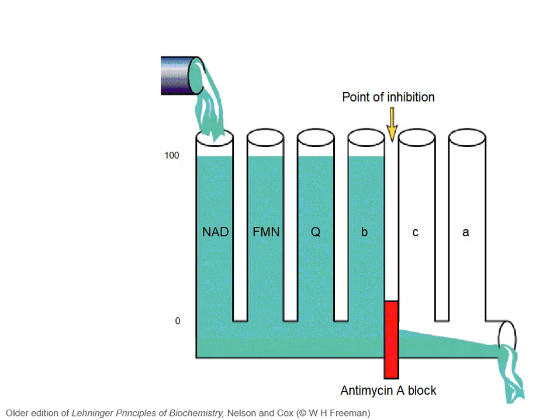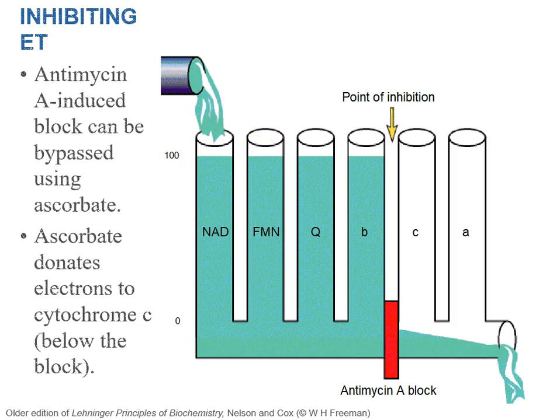So what if we added antimycin A? Again, that involves blocking the electrons between QH2 and cytochrome C. And again, you can see that the tap would fill up the pipes ahead. But again, you could bypass this. You could take this tap and move it over here and have it flow into this cytochrome C pipe. Biochemically, what that means is that if you added antimycin A to your culture, that would inhibit electron transport,